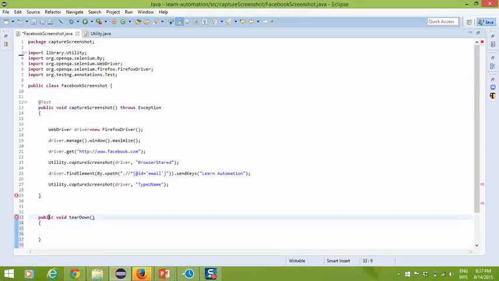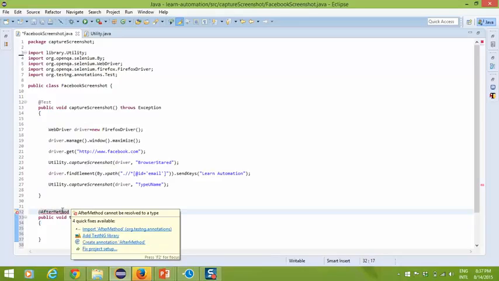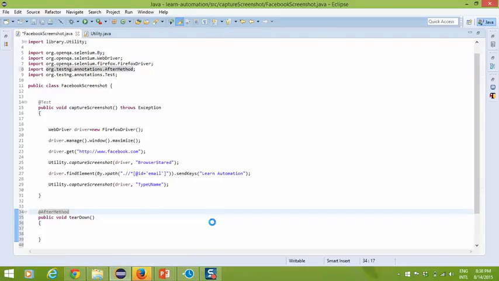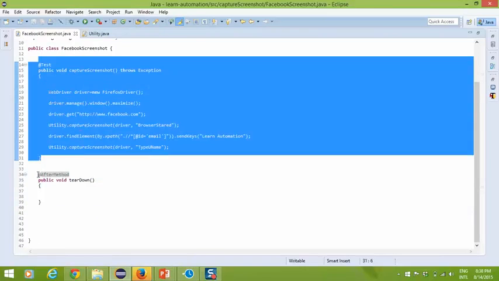Now I will use @AfterMethod. If you put the mouse over this, it will ask you to import AfterMethod, which comes from org.testng.annotations. Once your test case passes or fails, it doesn't matter, this will always execute.